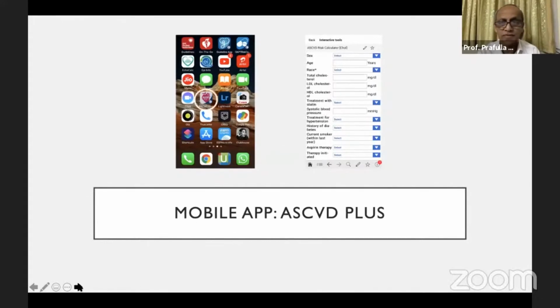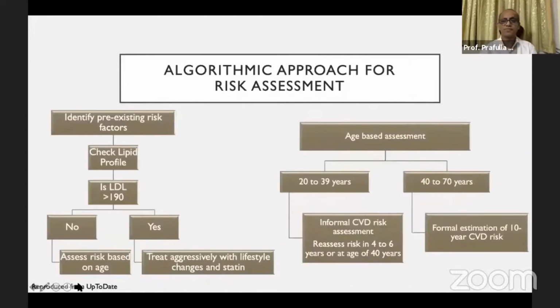Once you have done that, now this is the algorithmic approach that we take. I told you about the algorithmic approach. This is applicable to all patients from 20 to 70 years age group. So check the lipid profile once you have looked at the traditional risk factors. If the LDL is very high, for instance 190 in the Western world, and I would put it, from a practical perspective, at more than 160, the bad cholesterol, straight away you will prescribe aggressive lifestyle change along with statins. Or if it is not so, then you may look at the risk-based